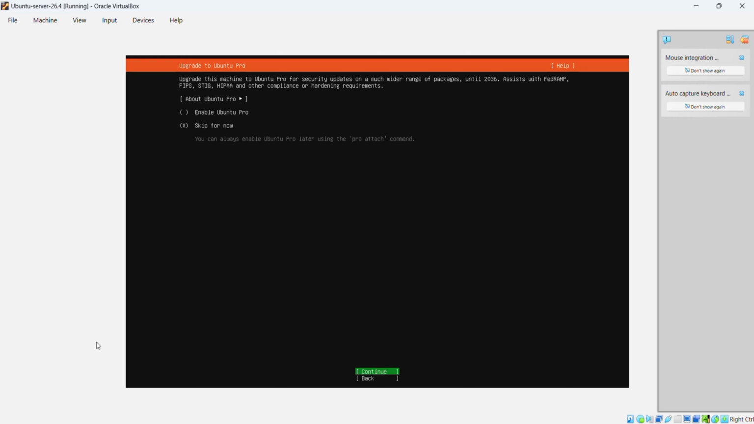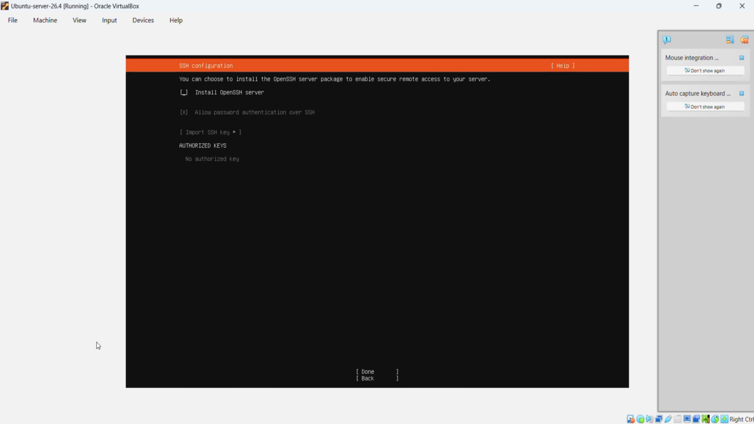Also, simply skip this section where it asks if you want to continue using Ubuntu Pro. We're just going to click continue because we don't really need that section. So navigating now to the SSH setup, you're going to ensure the checkbox for install Open SSH server is checked or has that X next to it,